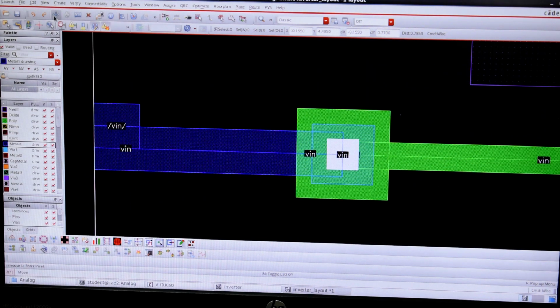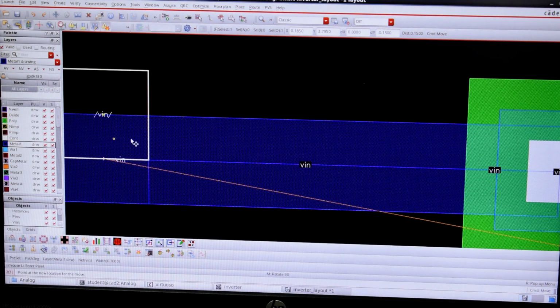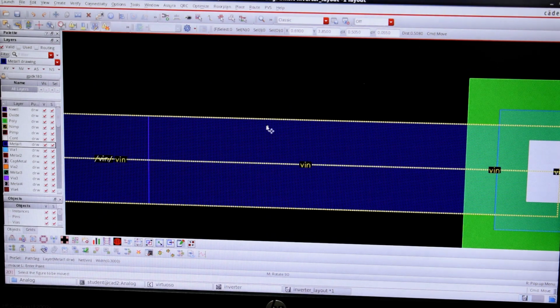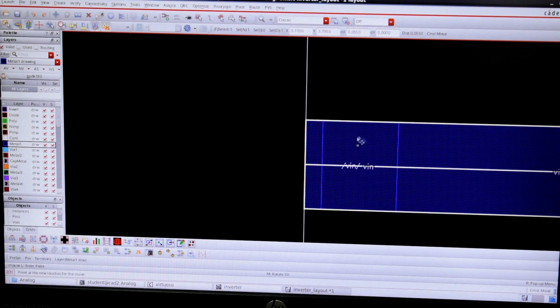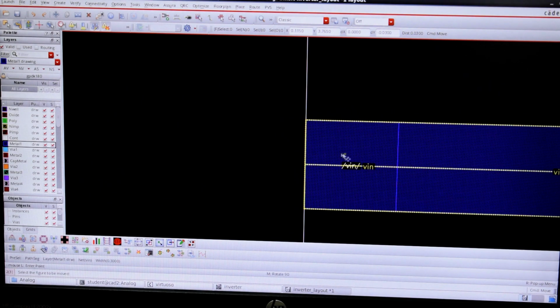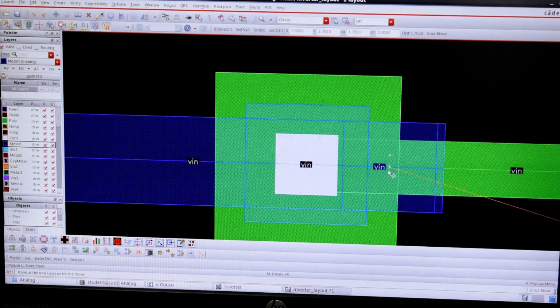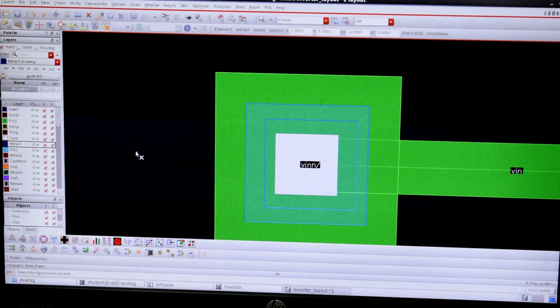What I can do is move my VIN pin so that there won't be any problem. This is my VIN, and I'll just place it on this so that there won't be any error.